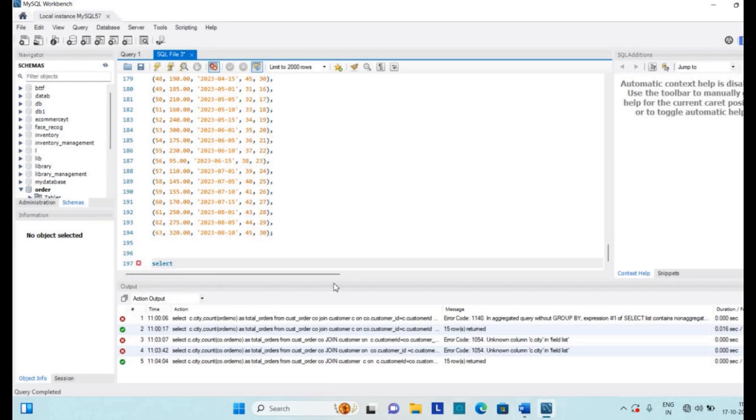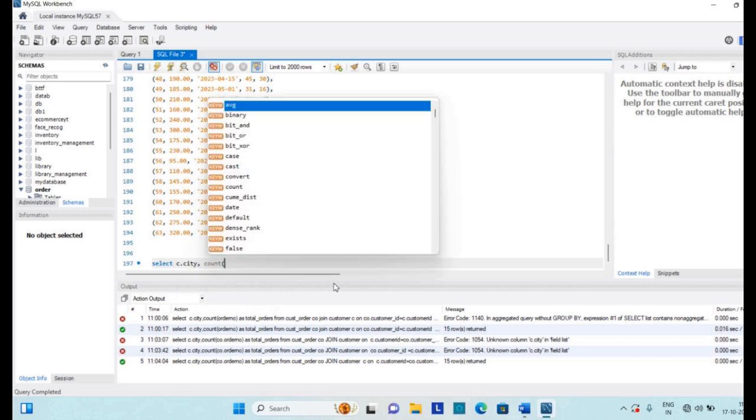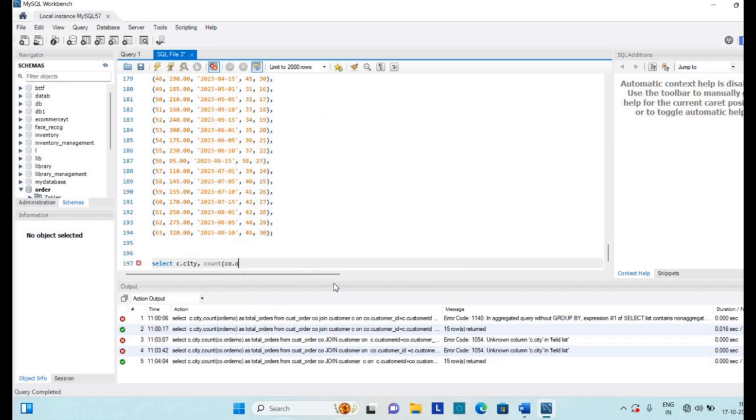Select, because we have two tables, the first table is customer, so we will write c.city because we want to display the list of cities, comma, we want count of co.order_number as order_total from customer c join customer_order co on c.customer_id = co.customer_id.